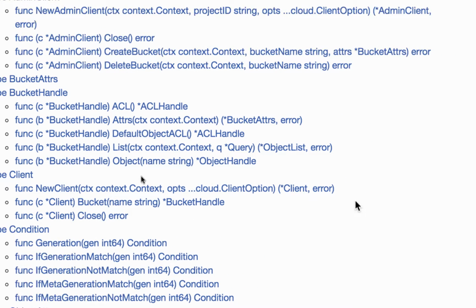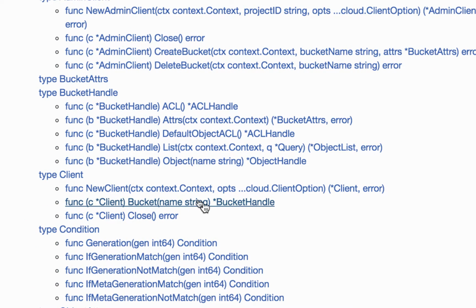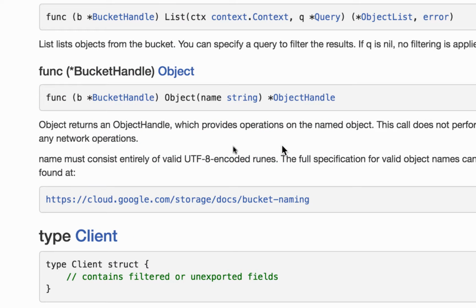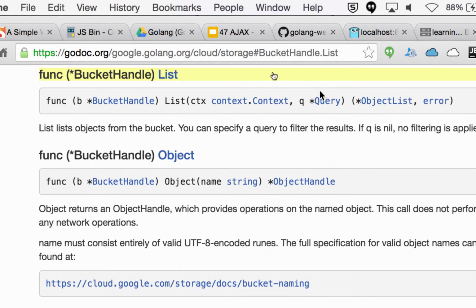So we get a new client. With a pointer to client, we go get a bucket, which gives us a bucket handle. With the bucket handle, we could come over here and get a list of basically the objects. So we get an object list, but that takes in a query. And so if we see what a query is, we come over here to query, pass a query in, and